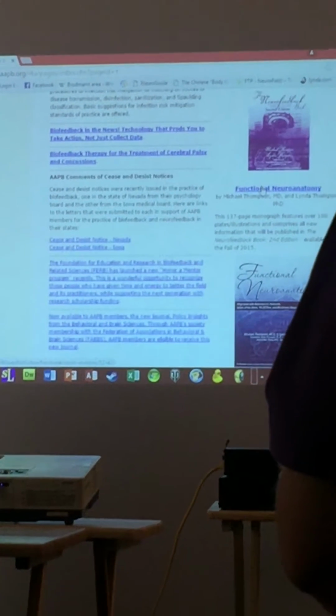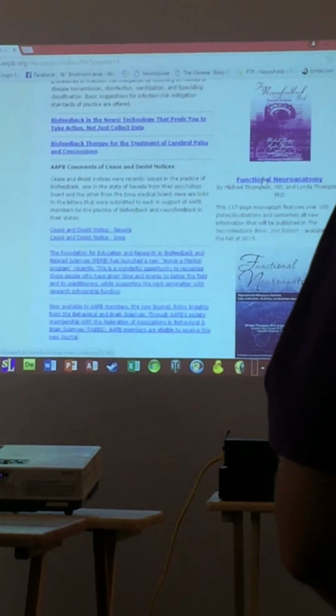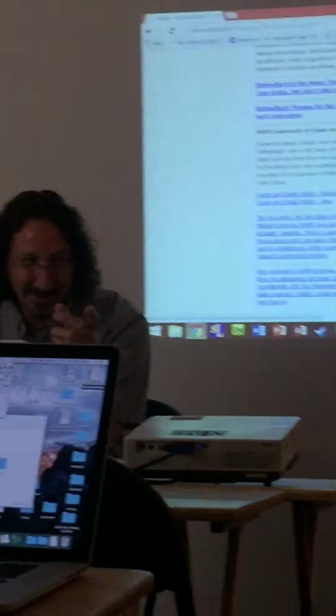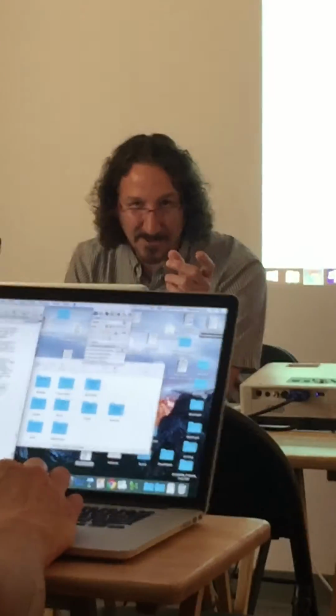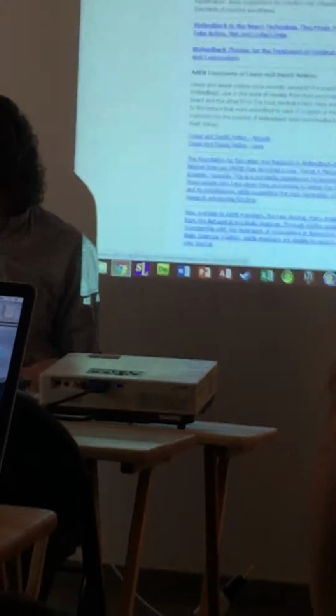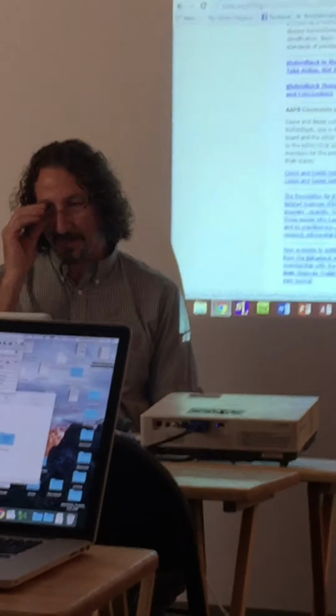I bought it, and I was kind of aghast when I read their description of what it was that we do. It's completely wrong. They've invited me to write a section and repair this, and so that's on the list someday. But it's not my book. They included that in the new 2nd edition book. That's correct. Functional Neuroanatomy.